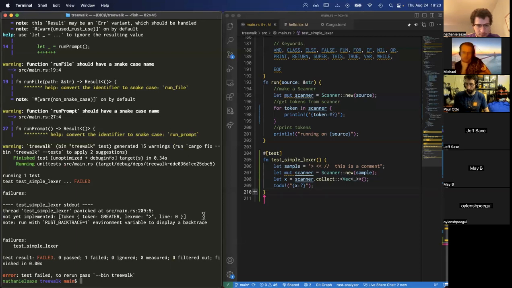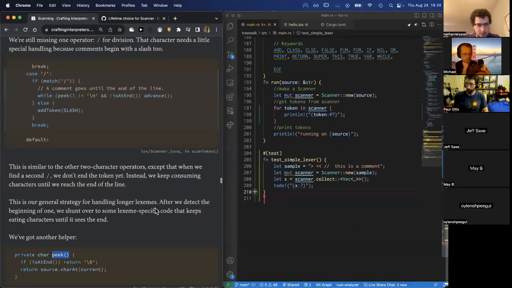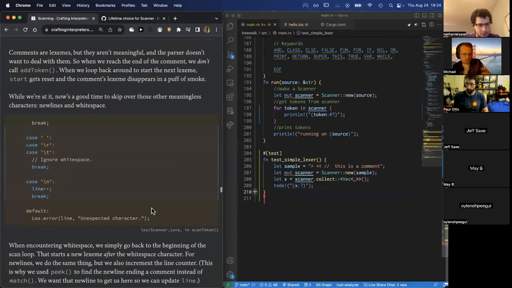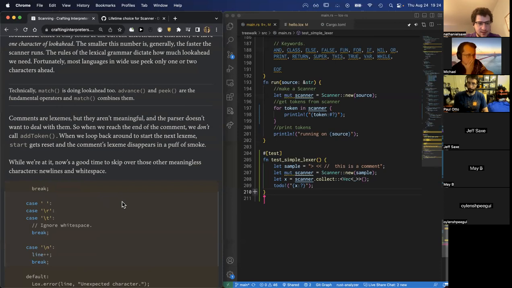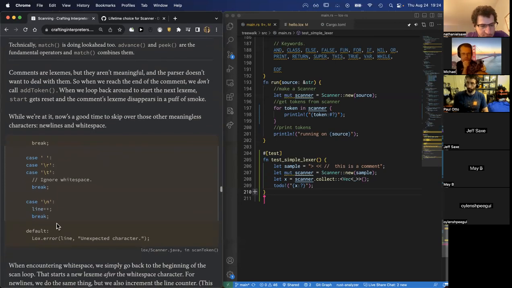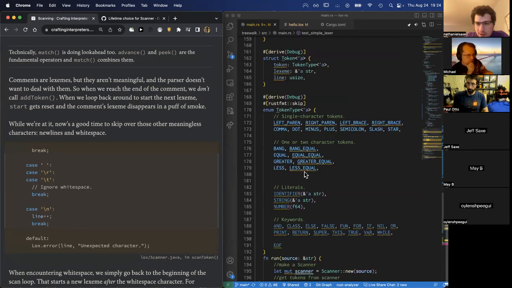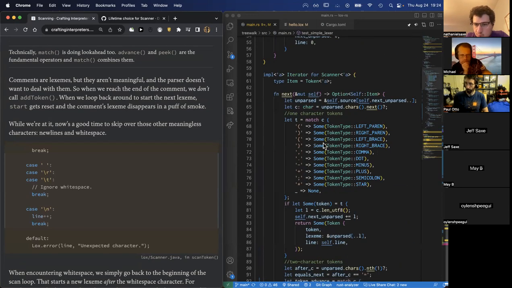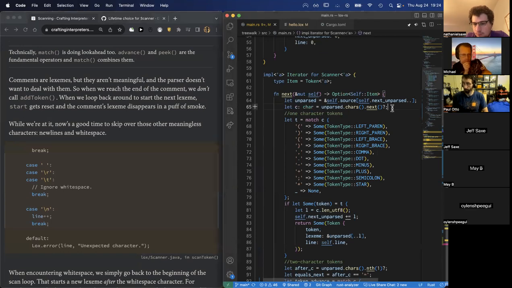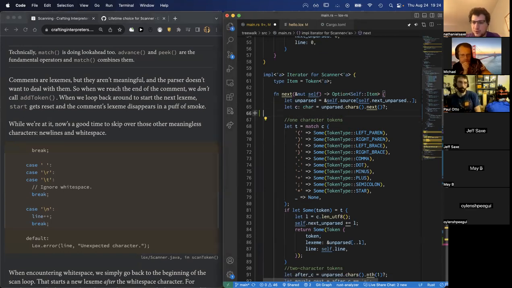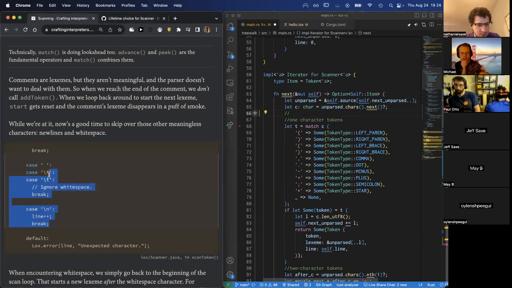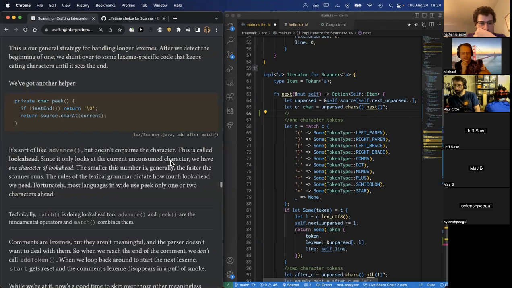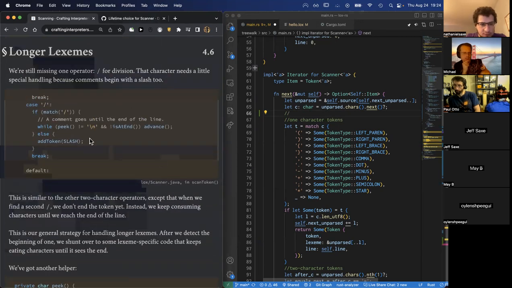So we need to deal with spaces next. Let's see. What was, oh yeah, white space. Okay. So why don't I add that at the beginning? Is it important that this happens before any of the other blocks? The ignoring white space? I'm not sure. I think we at least need to,